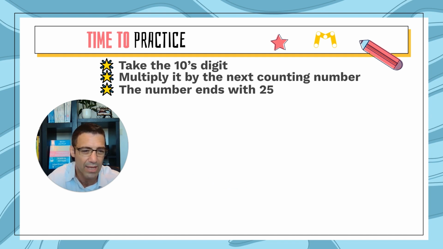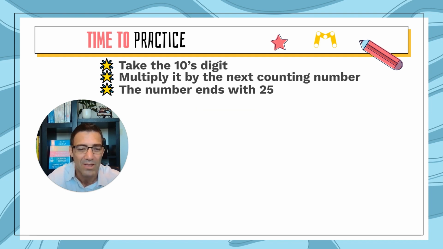Now let's look at the next one, 65 squared. Okay, 6 times 7, that's a tough multiplication. Okay, 42, and then we finish with 25, 4,225. Let's look at this one, 75 squared. So 7 times 8, the next counting number. That's the hardest number in the times table. 7 times 8 is 56. 56, and then we finish with 25,